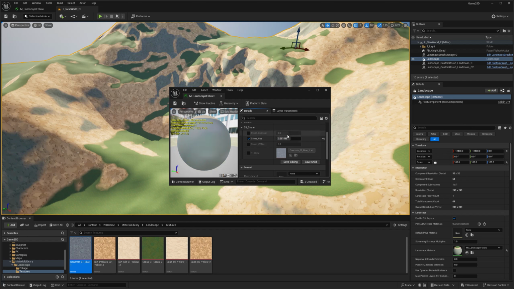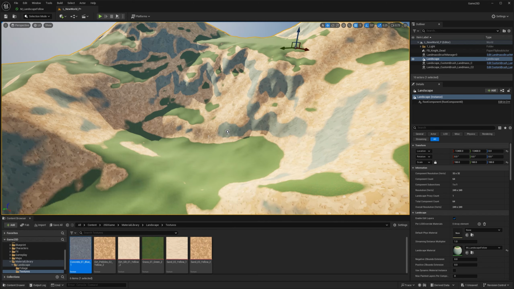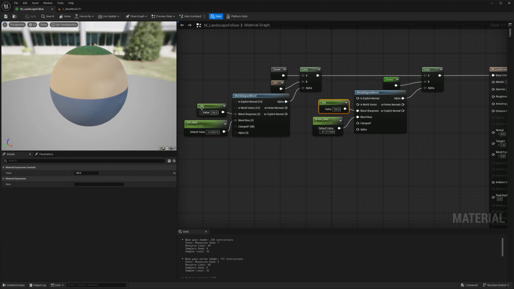Not very lucky, but you know what I can do? I can just go here to my contrast and decrease it. Maybe. Yeah. Let's change the tiling. Maybe a different tile, 0.01, 0.05. Maybe something like this makes a little bit more sense. What's bothering me right now is that it's so harsh, and you guessed it, the reason why it's harsh in the transition phase is because we're having this value, blend sharpness, at 100% for both.